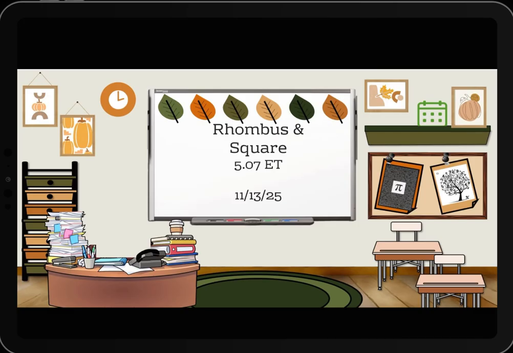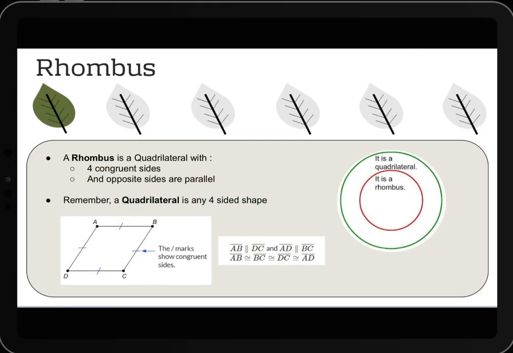Alright, we are looking at our rhombus and square 5.07 lesson. Let's first explore the rhombus. The rhombus is going to be defined as a quadrilateral with four congruent sides, and the opposite sides are going to be parallel. So in the diagram to the right, you can see that it is representative of a